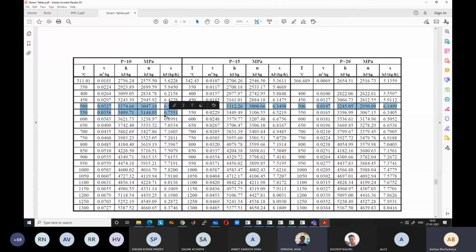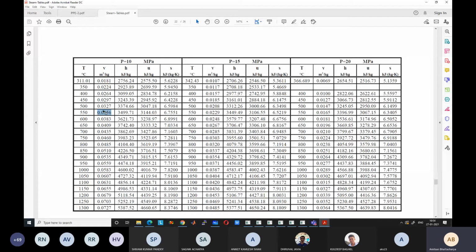Answers? You can interpolate between. You have to interpolate linearly. You know the specific volume at 500 degrees centigrade, and at 550 degrees you know the specific volume. Now you can linearly interpolate and find out the value at 520, assuming that the temperature and specific volume vary linearly. You can find out at 520 what the specific volume should be by linear interpolation.